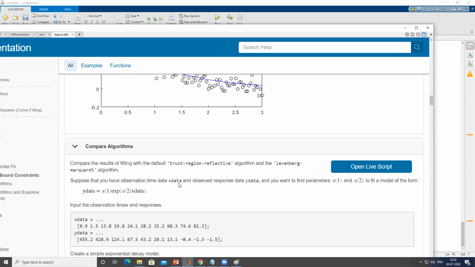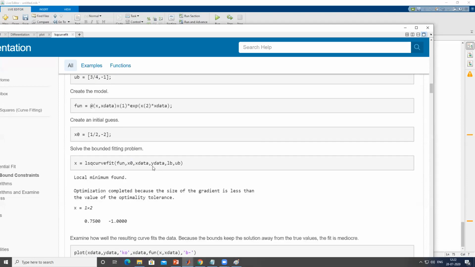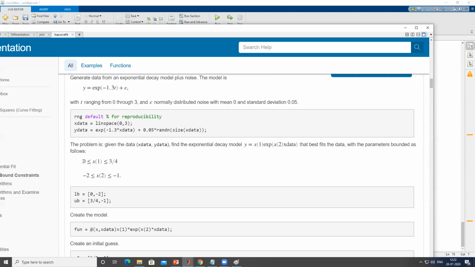Yes, lsqcurvefit has a good feature, because it gives you one more capability: you can find the best mathematical model in a particular range. That is not there in curve fitting, which works on an unbounded problem where you don't have to define the range explicitly. So this is the unique feature which you can deploy with lsqcurvefit.